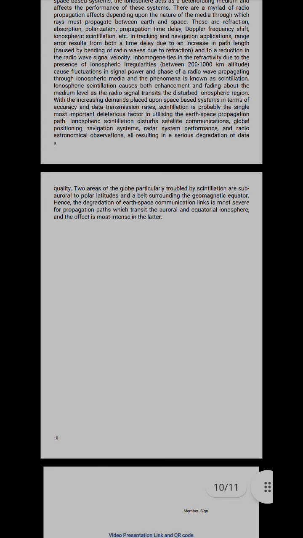Ionospheric scintillation disturbs satellite communication, global positioning, navigation system, radar system performance, and also astronomical observation, all resulting in a serious degradation of data quality. Two areas of the globe particularly troubled in scintillation are subauroral to polar latitudes and the belt surrounding the geomagnetic equator. Hence, the degradation of Earth-space communication link is most severe for propagation paths which transit the auroral and equatorial ionosphere, and the effect is more intense in the